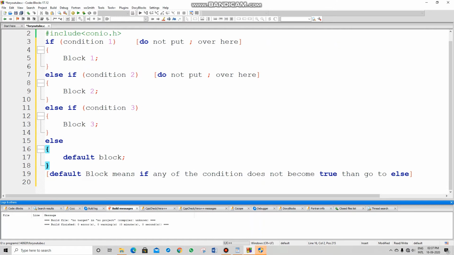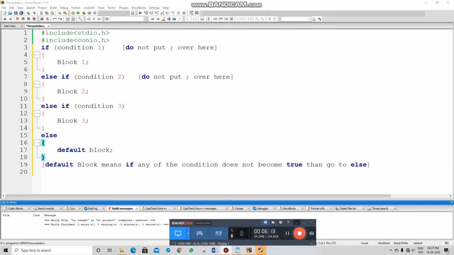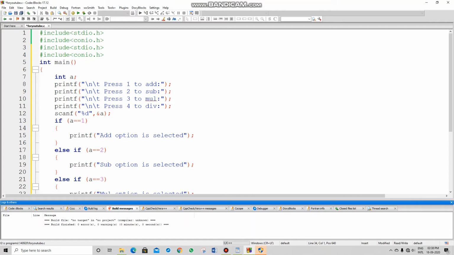Okay, then comes a practice code. In this code I have written int main, then declared a variable a of integer data type, and after that I have simply printed: press 1 if you want to do addition, press 2 for subtraction, press 3 for multiplication, and press 4 for division. And then I have taken the value 1, 2, 3 or 4 from the user,